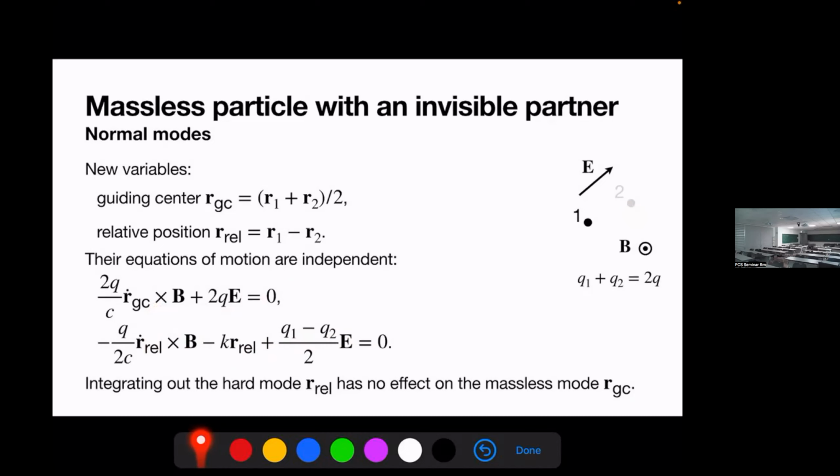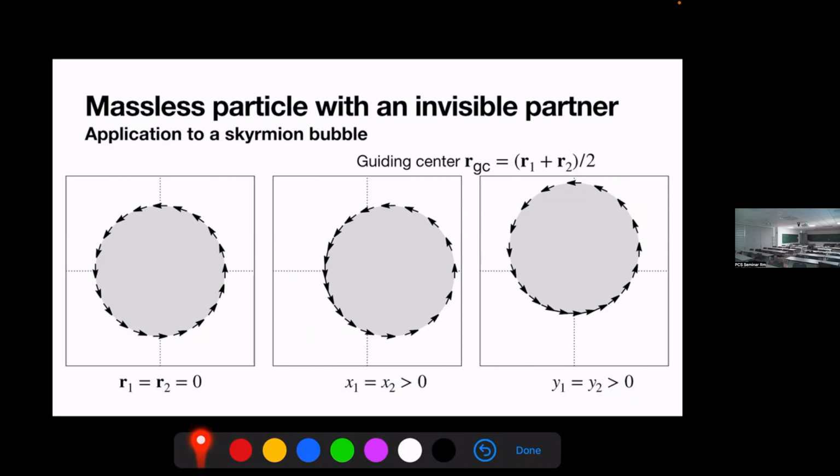So here is what the guiding center is. In fact, it corresponds to a rigid displacement of the bubble with its magnetization. So you displace the bubble, the MZ component, and you also have a matching change for the transverse component. So that's basically just a translation of the bubble, both the longitudinal and transverse components, either along X or along Y. The relative motion corresponds to doing the same thing. You change both, but out of phase. And so you can see there's a great mismatch between the orientation of the domain wall and the magnetization on it.